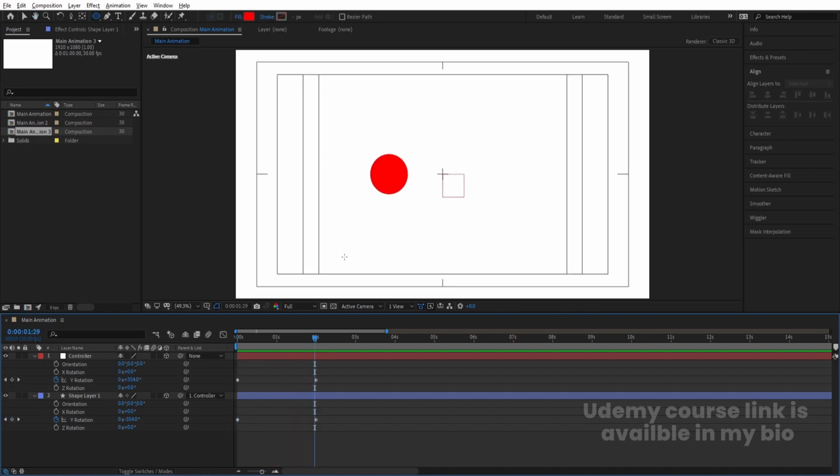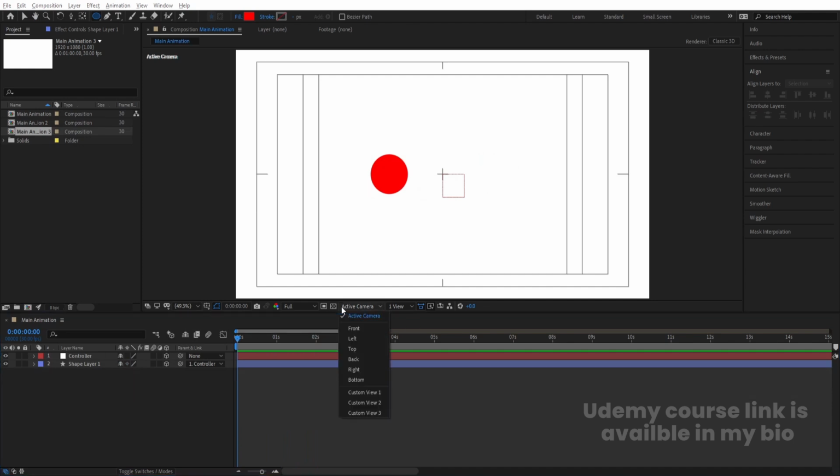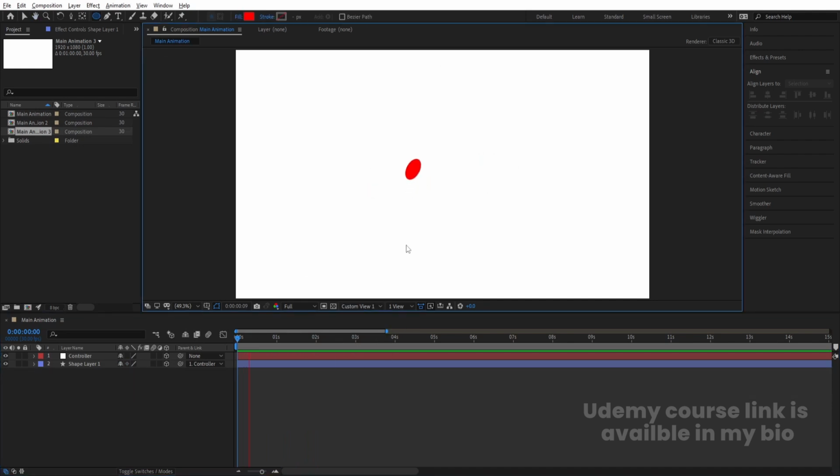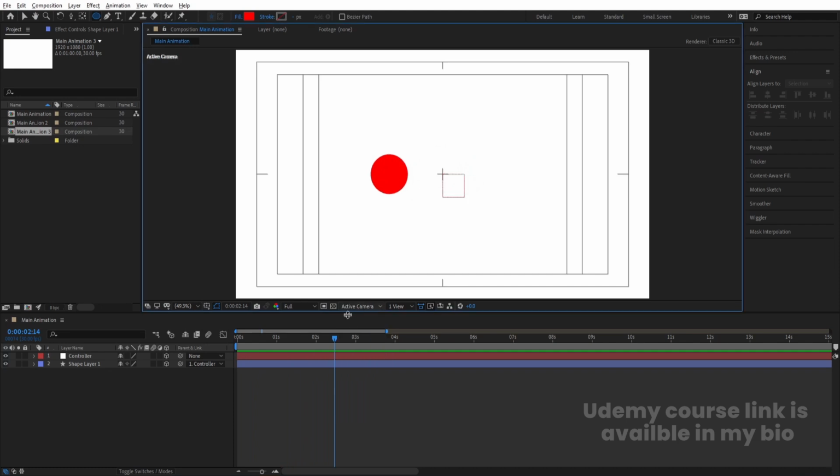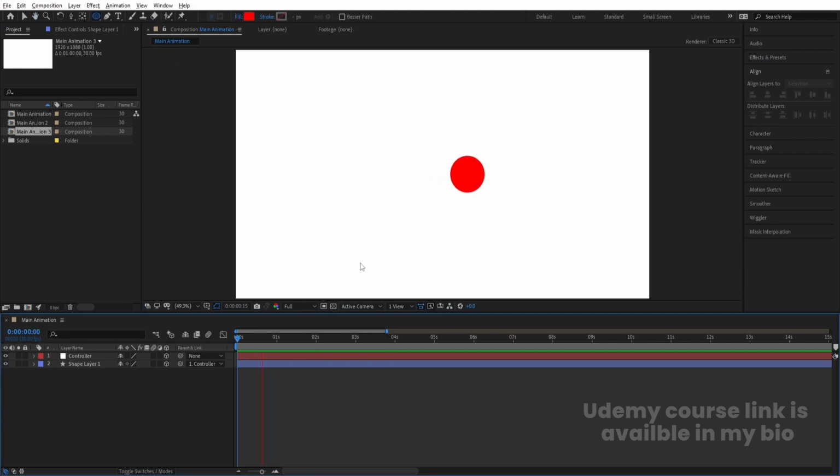But if you see, this is looking very plain. If you see this animation, suppose in custom view over here, as you guys can see, we are getting this kind of stuff. Okay, so to get a little bit of depth in it, what we can do,